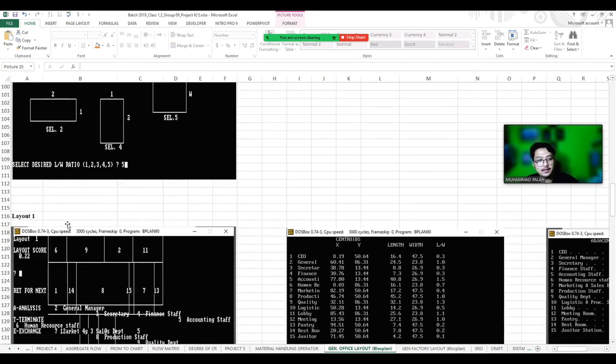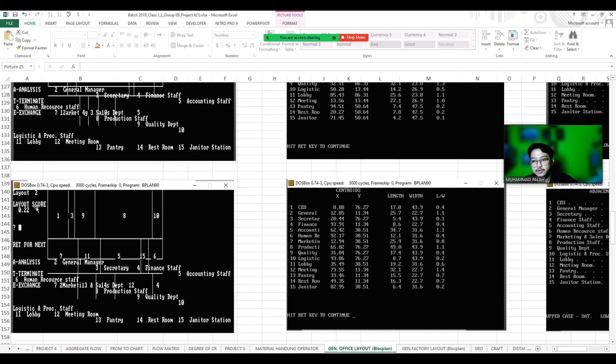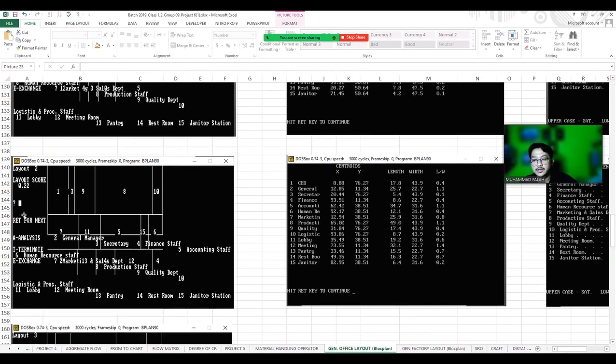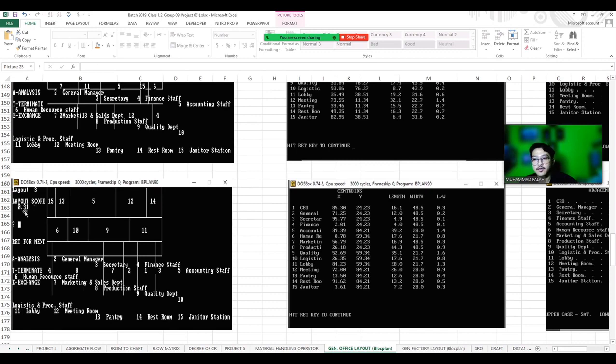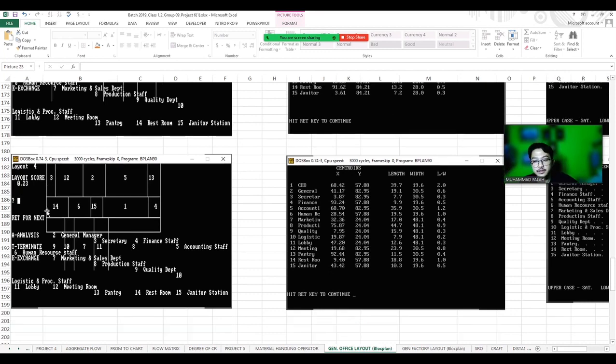The software will calculate automatically. Iteration 1 is for layout 1, the layout score is 0.22, and layout 2 is 0.22 also, layout 3 is 0.31, and layout 4 is 0.23.